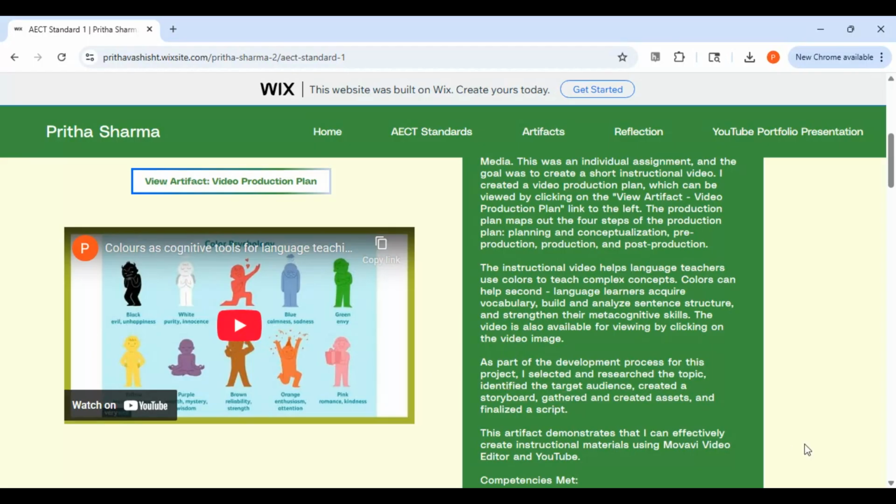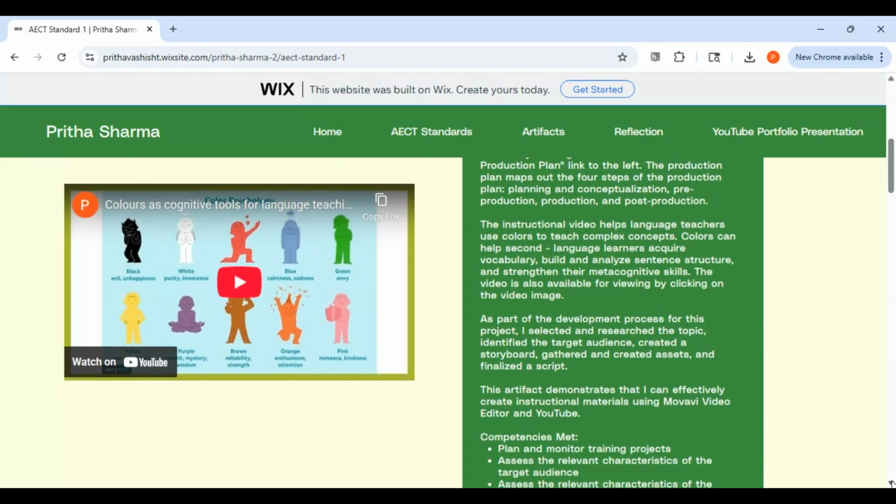So the main purpose of this video was to help language teachers use something as simple as colors to instruct the learners. As a designer, I was able to use Movavi video editor, and I was able to include different images, audio, self-recorded videos, and infographics. So I used all these tools to create an engaging learning video for language teachers, and the competencies met are